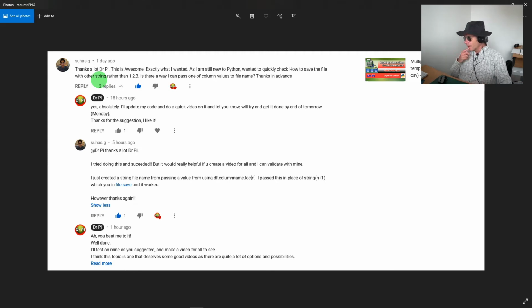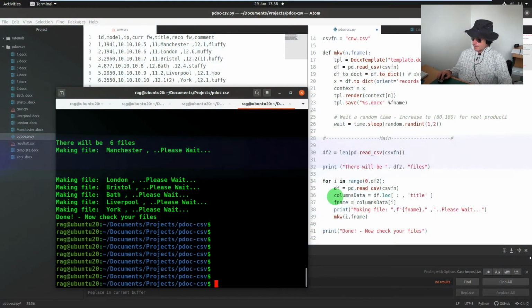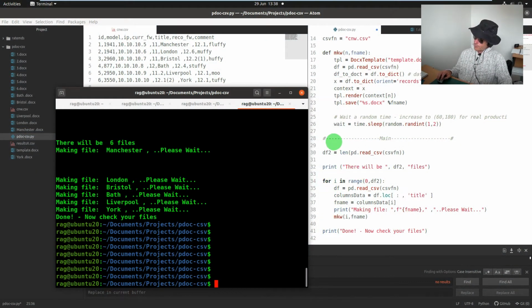So anyway, I was about to do it, and I got a reply from G Sucius, and he's already done it, and he even told me how he did it. So df.column dataframe column name .loc location, and then the iterable. So I've actually updated my code as well, and here we see, so within the for loop,